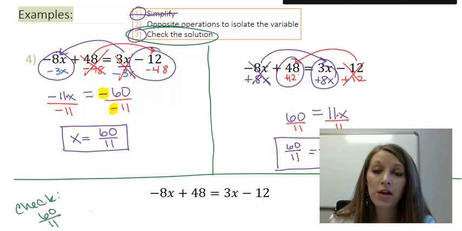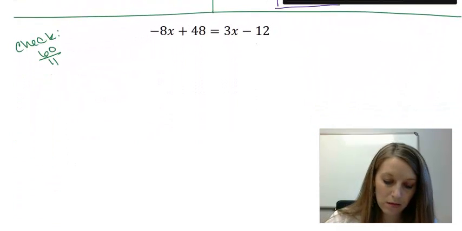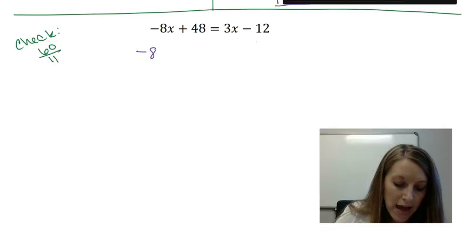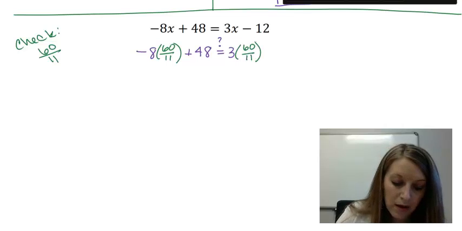I do want to show you that this does give me the correct solution. So I have negative 8, instead of x, I'm going to use 60 over 11 plus 48 is equivalent to, or I'm hoping it's equivalent to, 3 times, again, instead of x, 60 over 11